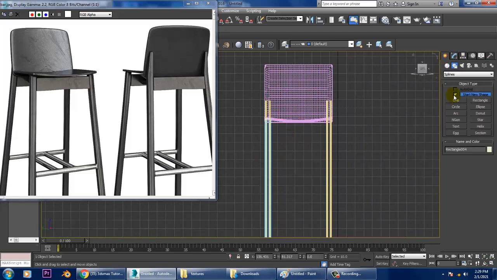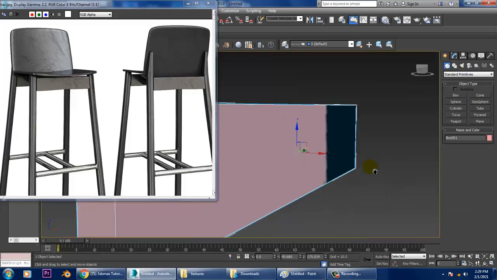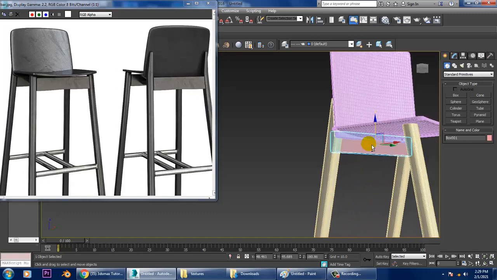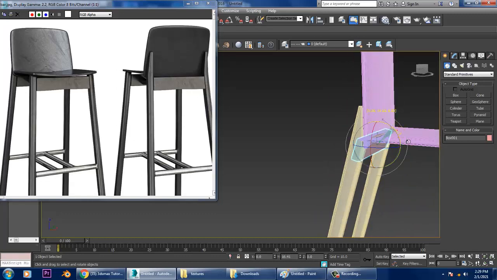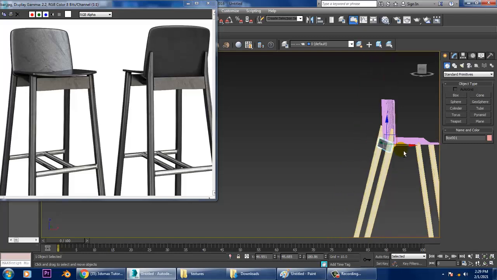I'll take a box over here. I'll slightly scale it and push it till here. Wherever it is required, you can scale that and keep it in that way.